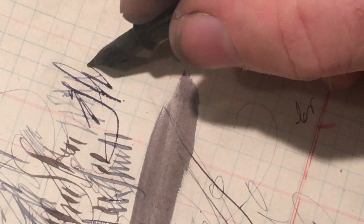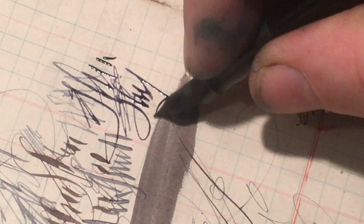This is an Eversharp nib that wants to be a Sheaffer nib. Wants to grow up to be a Sheaffer nib. It's relatively stiff. You know, if fountain pens all had nibs like this, I would probably collect bottle caps or something, because it wouldn't give me the pleasure of a fine nib or a flexible nib. It's just...